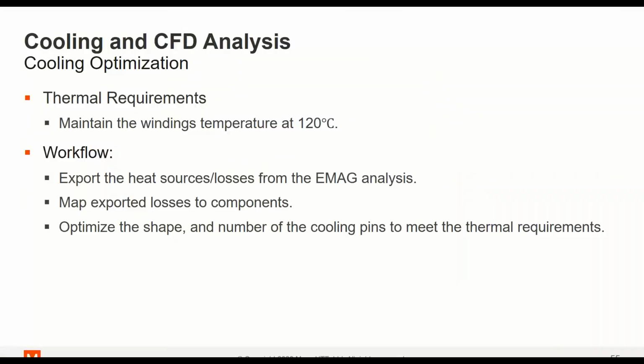So with the intelligent design exploration techniques and the ability to couple the multi-physics together, looking at all those physics as one design process for the electric machine, we were able to design the electric machine, optimize the design, consider 1,500 designs, look at the required operating temperature from the demagnetization analysis, and then size the cooling system based on the demagnetization analysis. And as a result, we end up with the winding temperature at 119 degrees Celsius.